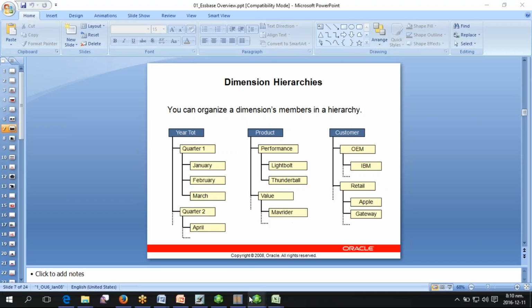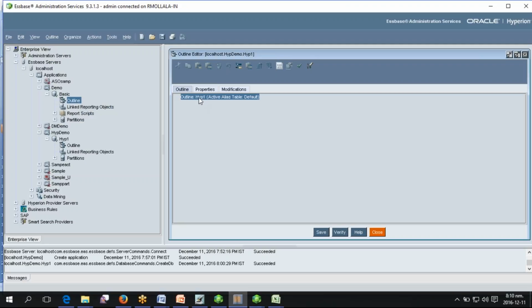Okay. So once we have this, as I told, Hyperion will follow the tree structure. For the tree structure, I would definitely need to create the children, right? So I will use this add child option. Once you have taken this option, let's say for example account, and then once you click on enter,